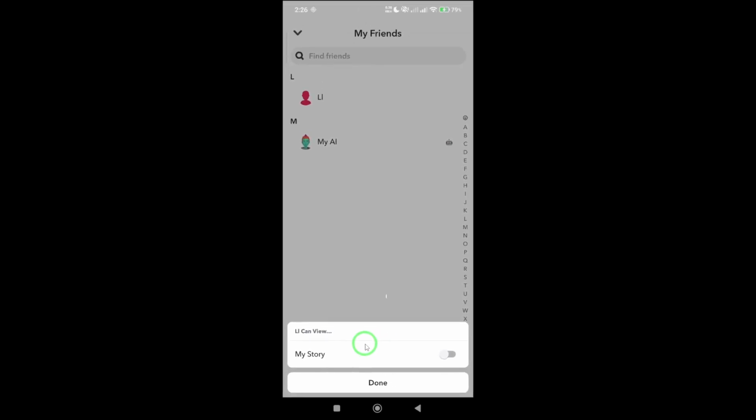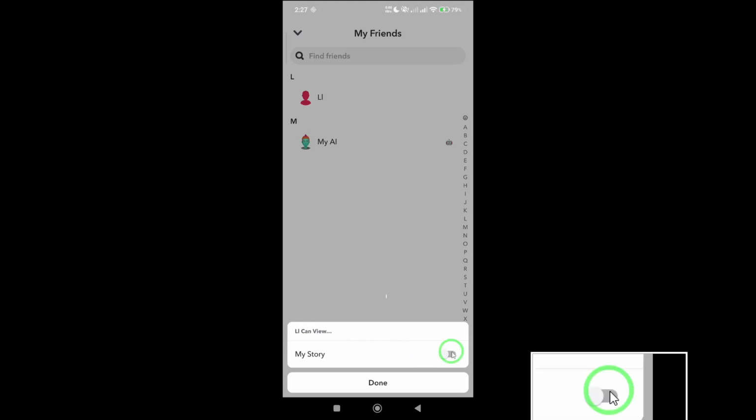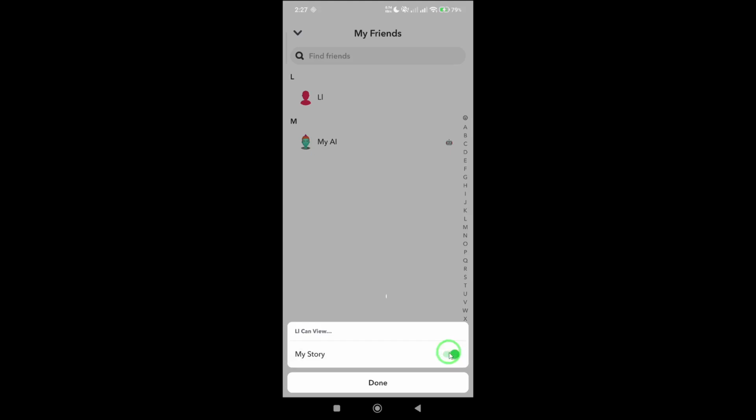From the menu that appears, tap on Privacy Settings. This is where you can control what that particular friend can or cannot see on your account. Inside the privacy settings, look for the option labeled My Story. You'll see a toggle next to it. Simply turn that toggle